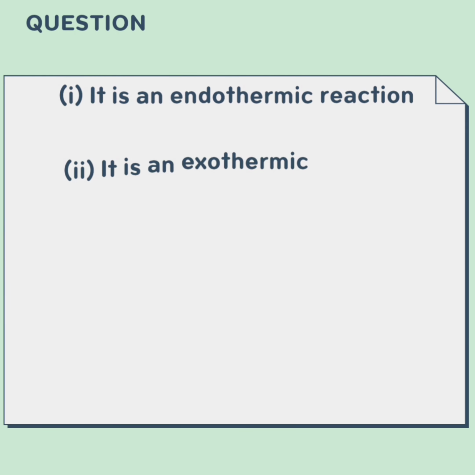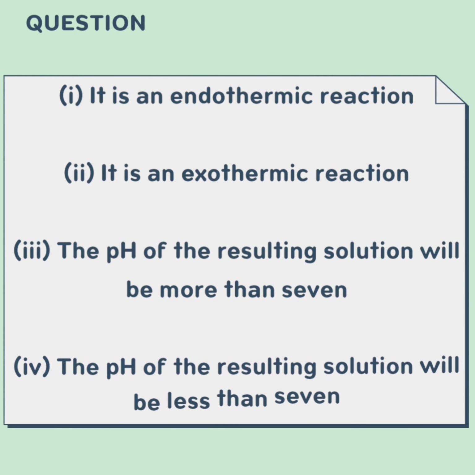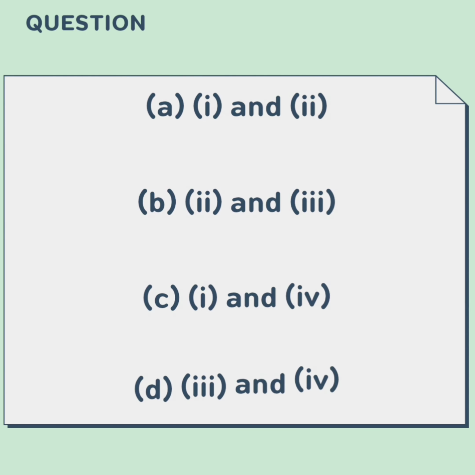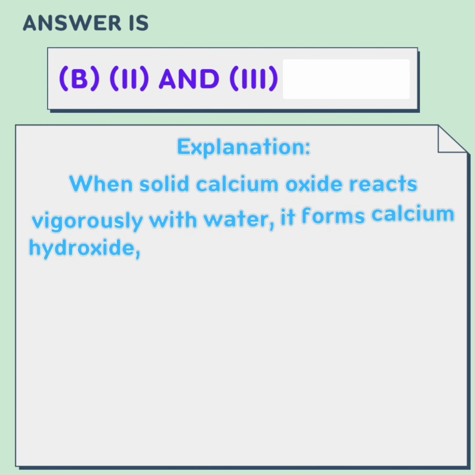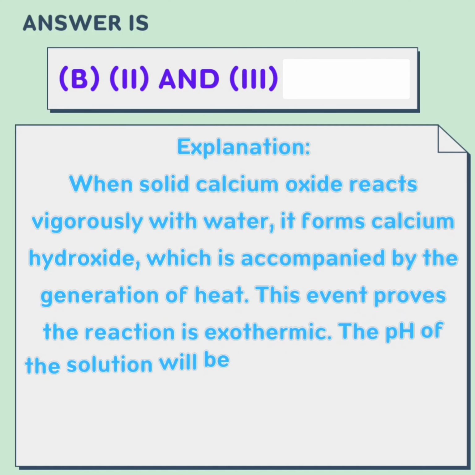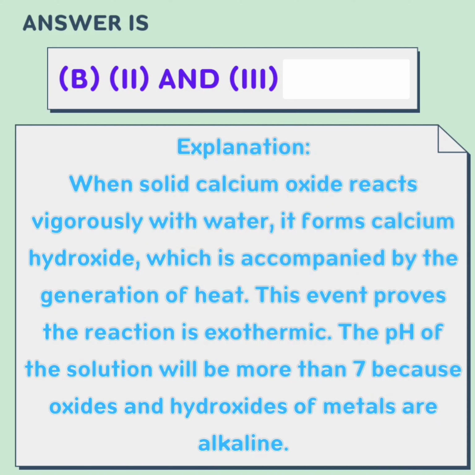1. It is an endothermic reaction. 2. It is an exothermic reaction. 3. The pH of the resulting solution will be more than 7. 4. The pH of the resulting solution will be less than 7. A. 1 and 2. B. 2 and 3. C. 1 and 4. D. 3 and 4. The answer is B. 2 and 3. Explanation. When solid calcium oxide reacts vigorously with water, it forms calcium hydroxide, which is accompanied by